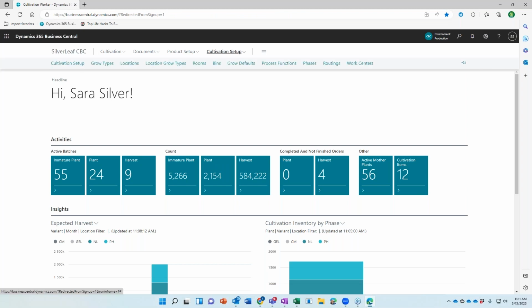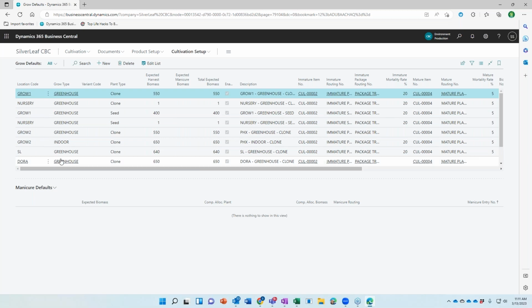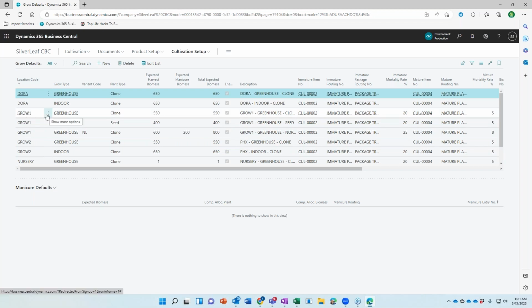Then I can set up what's called my grow defaults. I think this is maybe the secret sauce of our solution. So let's sort this by grow 1. If I'm working in grow 1, I can see here, my first row tells me that if I'm growing plants from clones, I'm going to expect my biomass harvest to be 550 grams per plant, or my wet weight. And then again, I can identify the number of days it's going to be an immature plant,